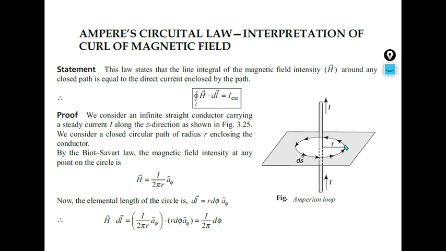But now we are considering that a direct, steady current is flowing through this conductor, and due to this conductor a magnetic field is produced, and we want to find it at any distance. Suppose this is the radius r of the closed path. We want to find the field strength present here, and if you get the field strength you can also find the magnetic flux density. B is equal to mu H, right? So if you find H, you can find the flux density B also. Now how to find it?